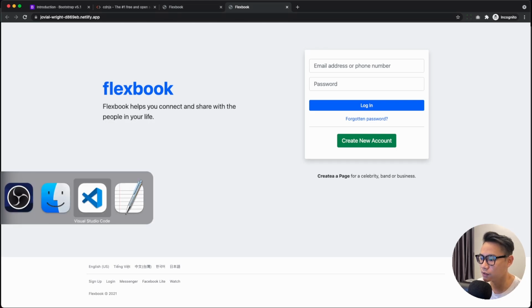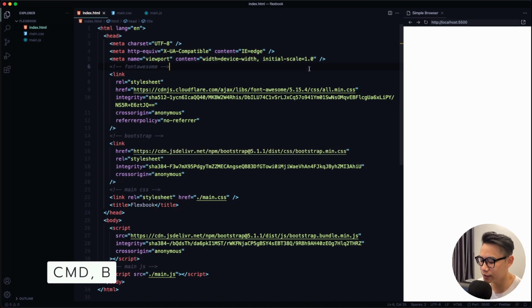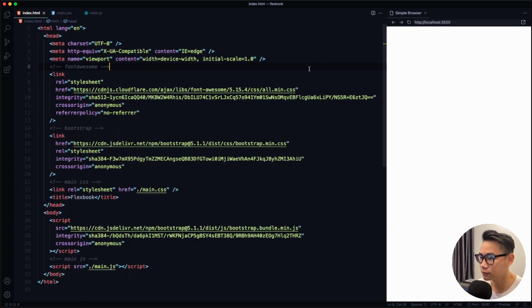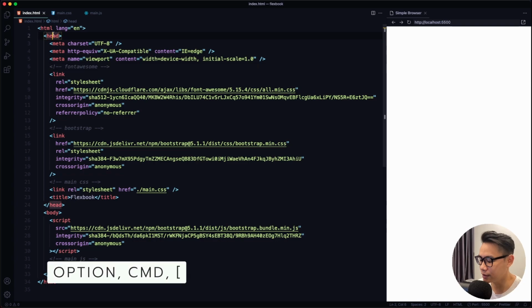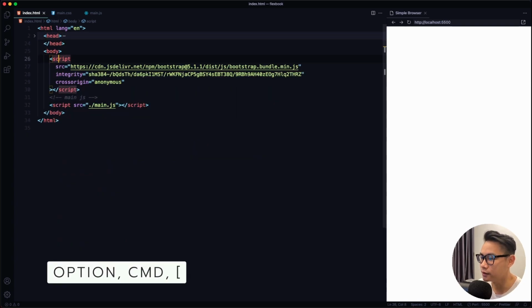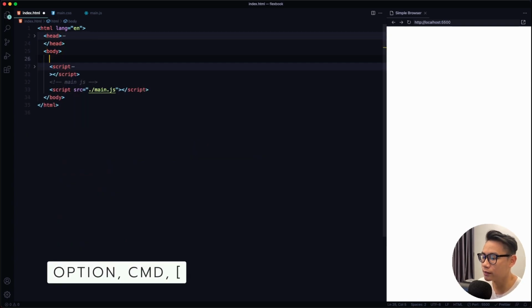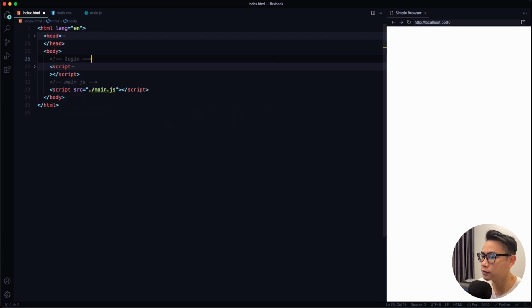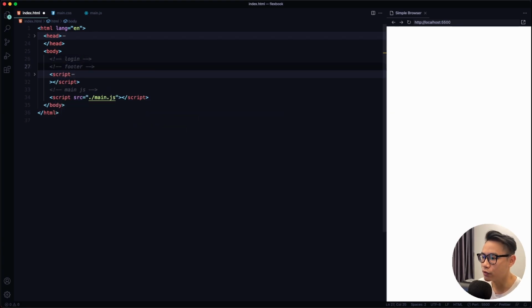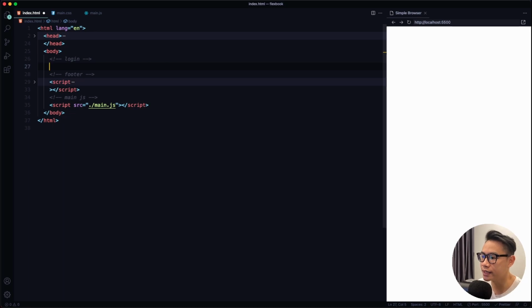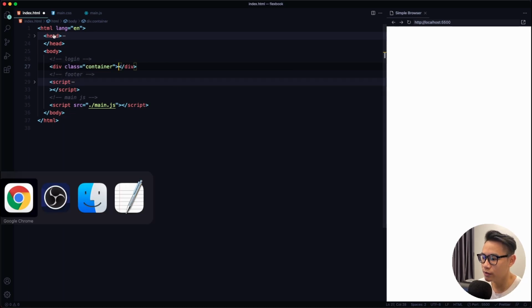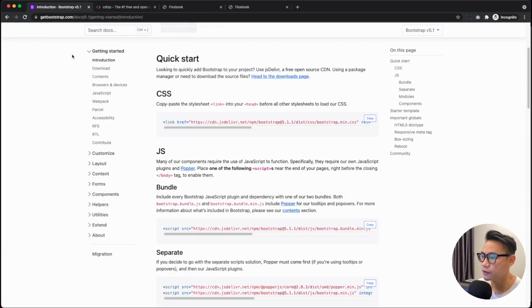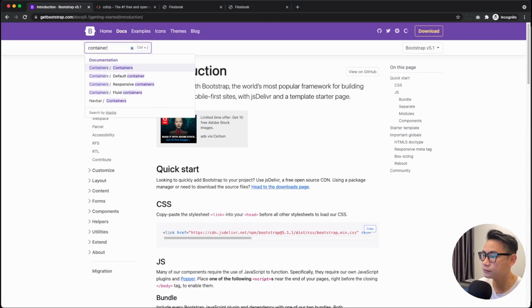So back into VS Code. The first thing I want to do is collapse the sidebar. And I'm also going to collapse the head tag and then the script tag. And here I'm going to say login and then footer. So in our login, the first thing we want to do is have a div with a class name of container. So in Bootstrap, if we search for container,